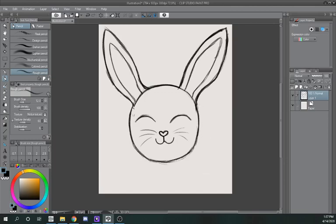Okay? And then when you're happy with that, all I'm doing right now is, again, darkening my lines. You can go ahead and erase the lines like that around the ear. But notice I am leaving this line. Okay? So let me show that one more time. I'm just erasing it where the big ear connects to the head. I am not erasing this. Okay? So erasing this,